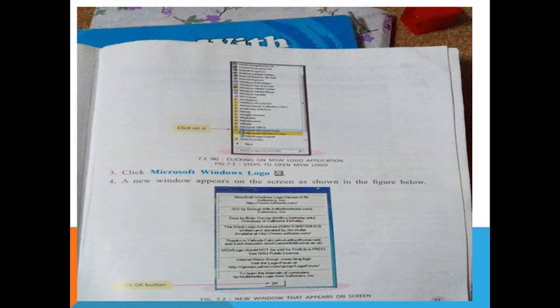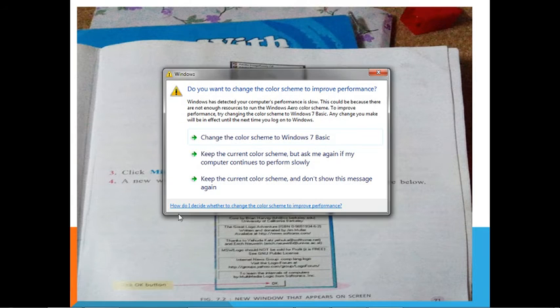Then a menu will come. Click on the MS Logo application, steps to open MS Logo. Then the third one, click Microsoft Windows Logo. A new window appears on the screen as shown in the figure below.